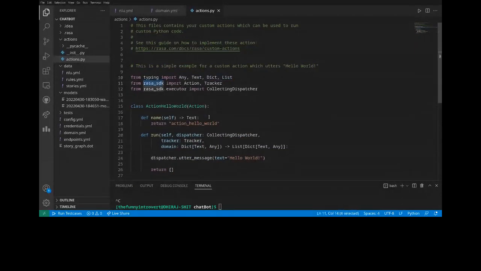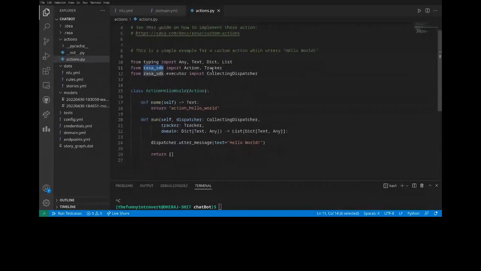This is Rasa SDK imports जो हमें action and tracker I will talk in a minute, and all the collecting dispatcher. So a lot of fancy words, no need to give that much time onto it. As I said, it is a framework which is helping us to write code for our, or make train our chatbot as we want. So rather than going too deep into all those things, let's talk about which are actually needed. So this is the function where we will be getting our response whenever we call the action.